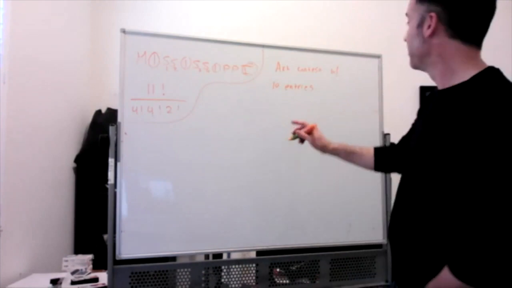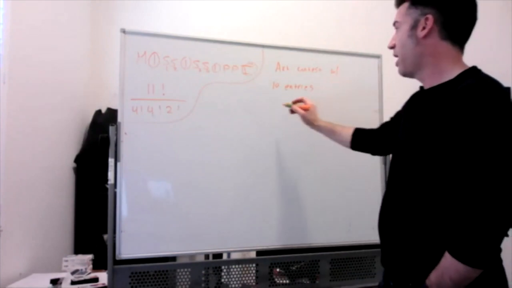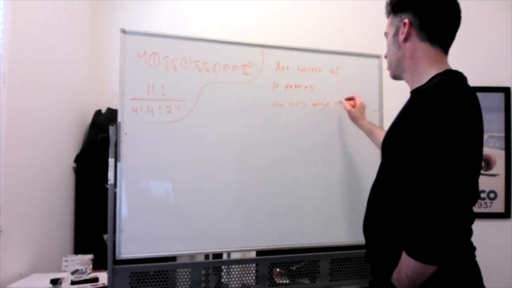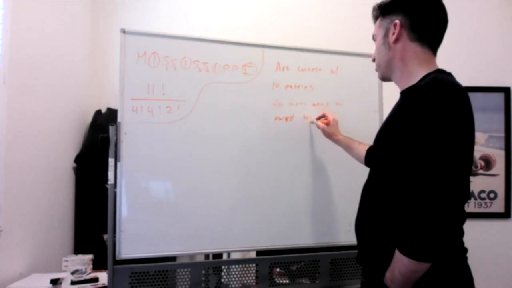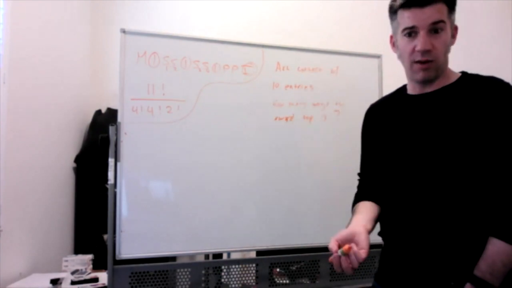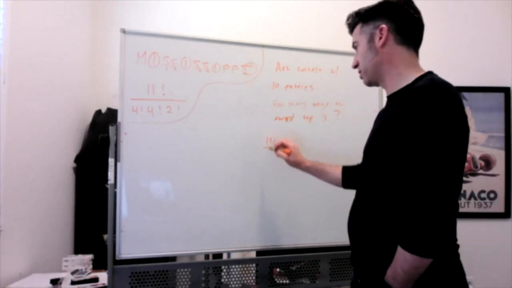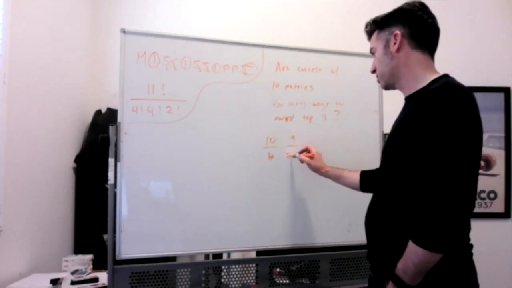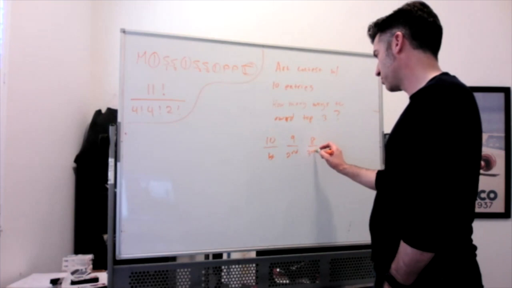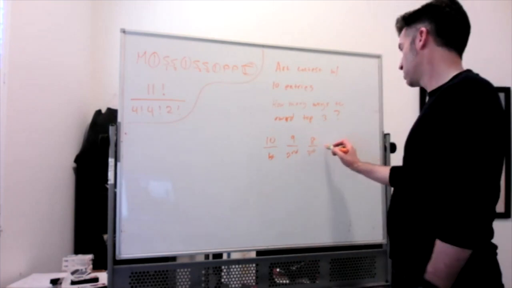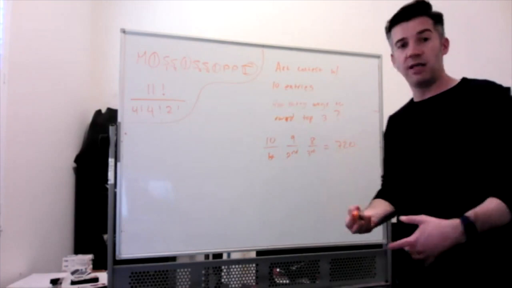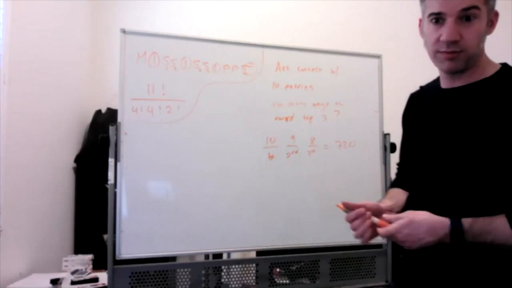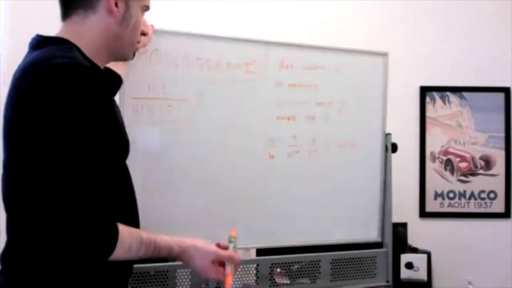Anyway, not important. So art contest with 10 entries. How many ways to award the top 3 prizes? All right, well, there's 10 choices for the first place. And there's 9 choices after you've chosen someone for the first place for the second place. And then there are 8 choices for the third place. And that's it. We're done. 10 times 9 times 8, that's 720 different possible ways you could choose a first, second, and third prize from 10 people. So we have this formula